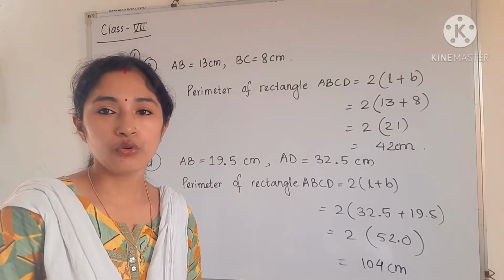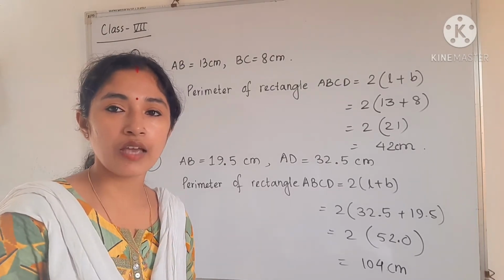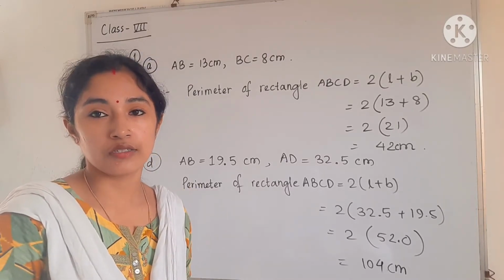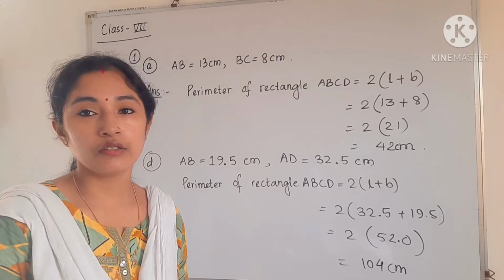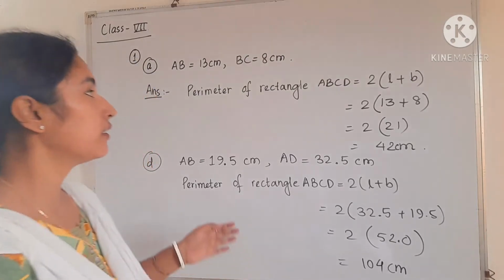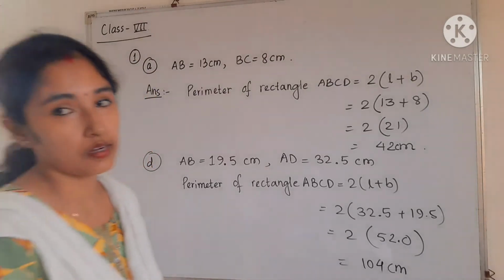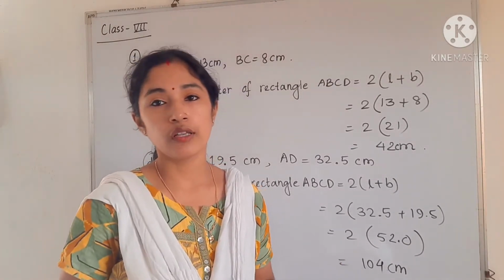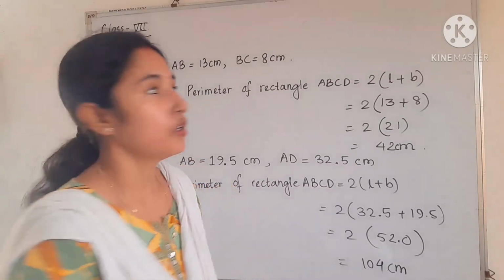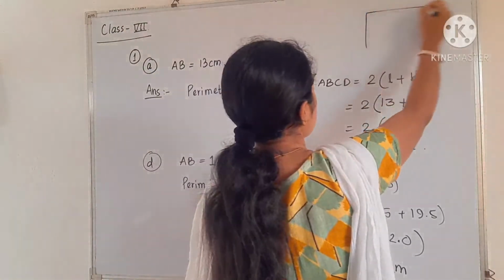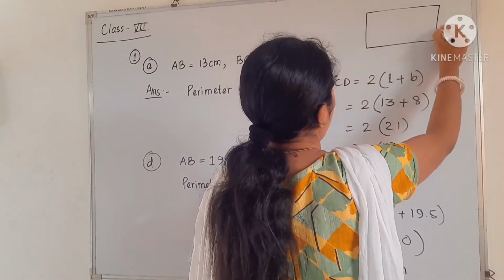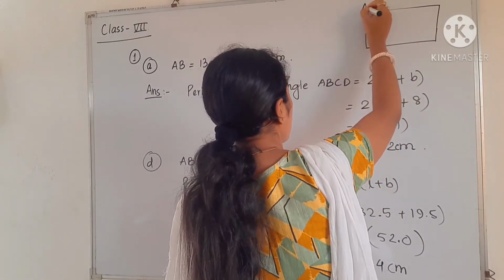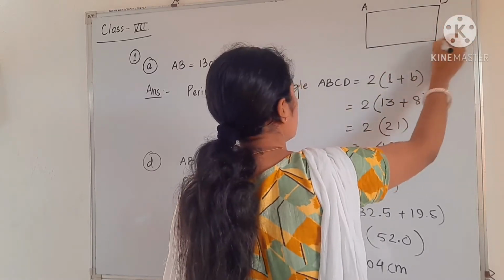Okay, how you know that the given sides are adjacent sides or the sides are opposite sides? For that you can also draw the rectangle. So here it is given that ABCD is a rectangle. So whenever the alphabet is given in an order, you have to draw the rectangle in that way only. Okay, so that means if this is a rectangle, and if they are writing ABCD, then you can draw like this: A, B, C, D.